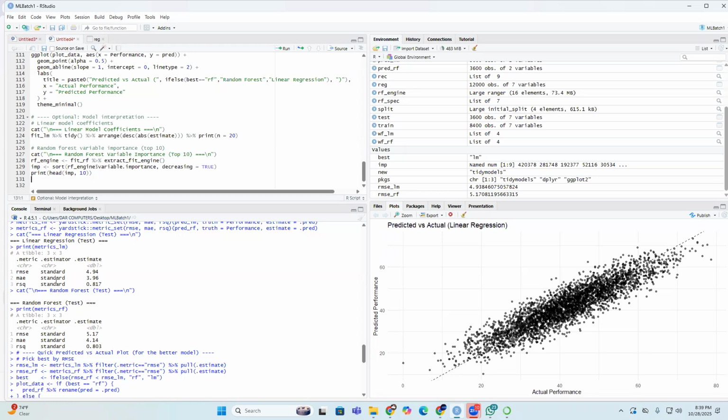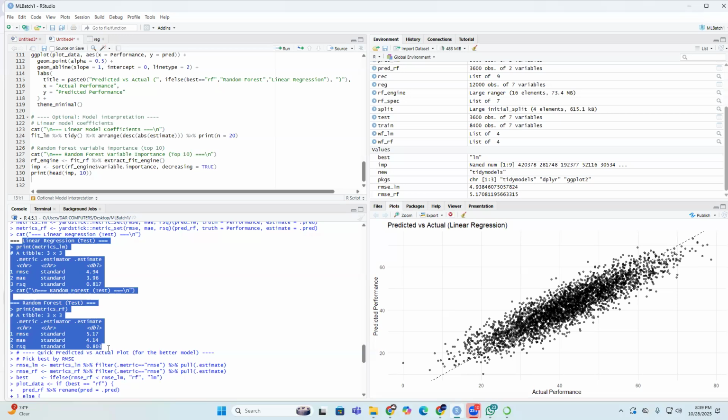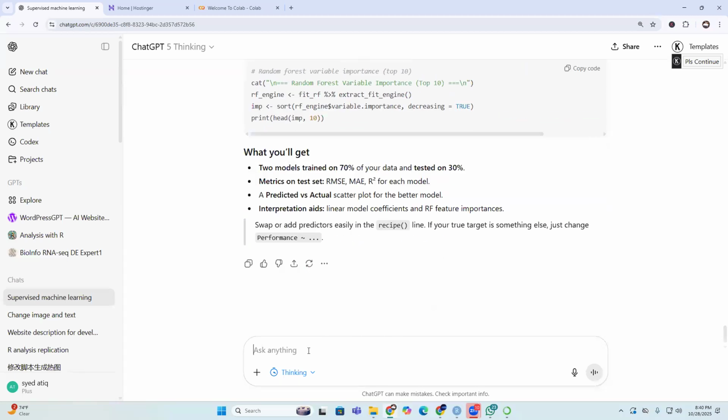The results of both models are given. The RMSE value of the first model is the linear regression model. We have the results of two models on my side. Maybe on your side you have one model. If you get one model, you can run the second model separately. Now, first we need to understand the difference between these parameters. Copy,